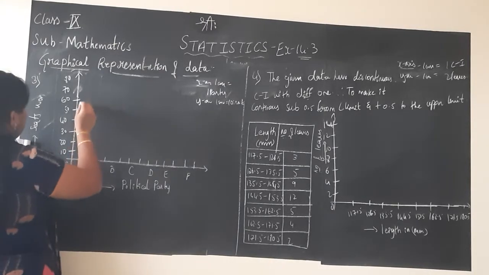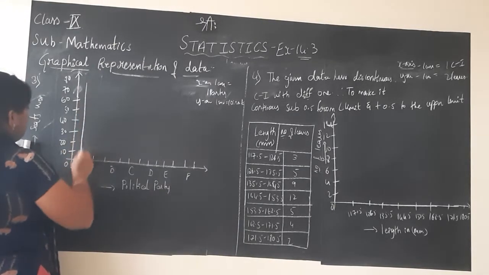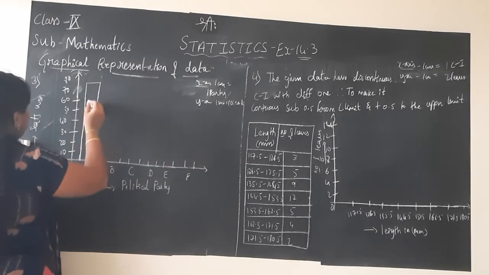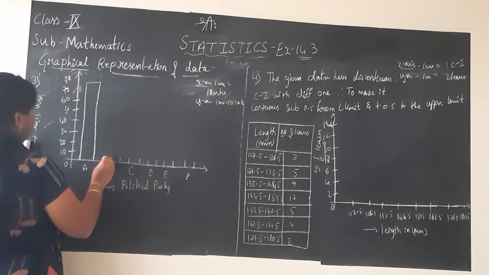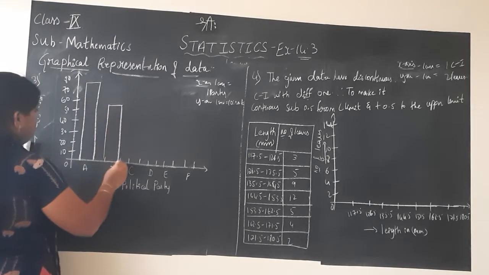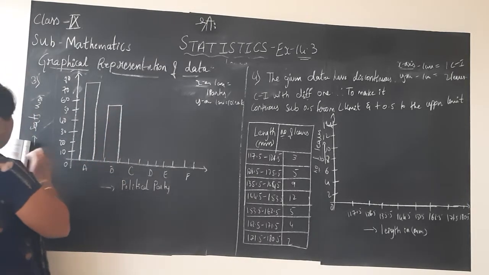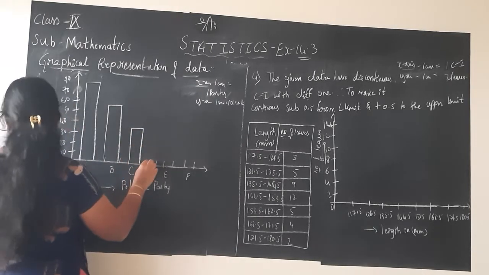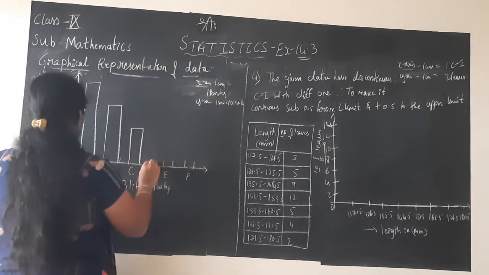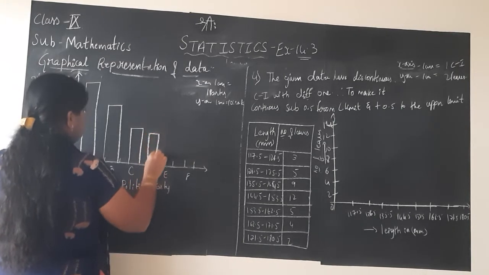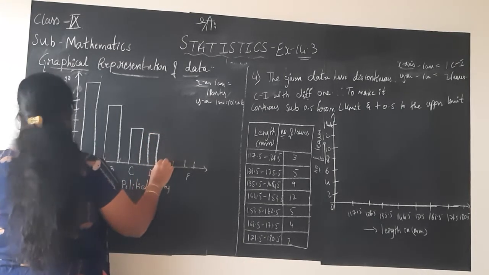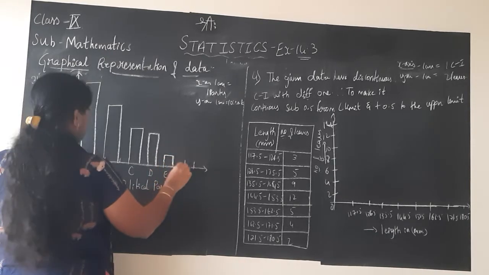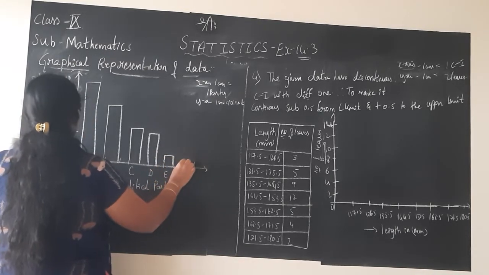So A is 75, children, it will be here. Political party A is 75, B is 55, here. C is 37, after 30 you will count. I have shown you already many times, you will do it, I hope. D is 29, E is 10, only 10. Next F is 37.